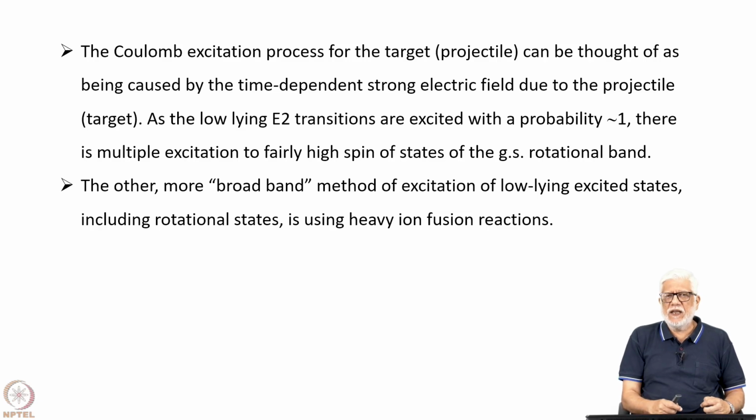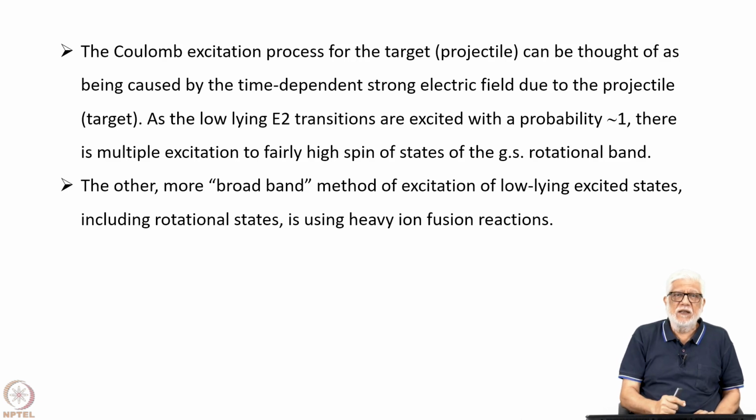Now, as the low-lying E2 transitions are excited with a probability of the order of 1, if the BE2s are high and the excitation energies are low, then there is multiple excitation, because then this 0 to 2 plus, for instance, or let's say 3/2 to 5/2, probability is of the order of 1. So then while the projectile is moving, you can excite the next state and the next state and so on. So typically you can go up to about 20 or 24 units of angular momentum that way